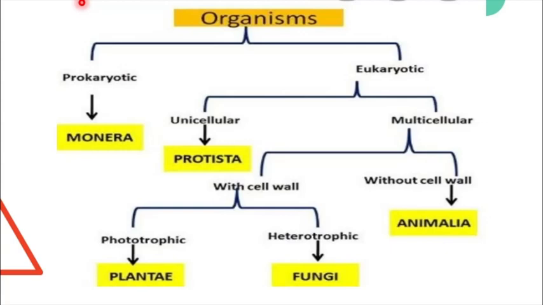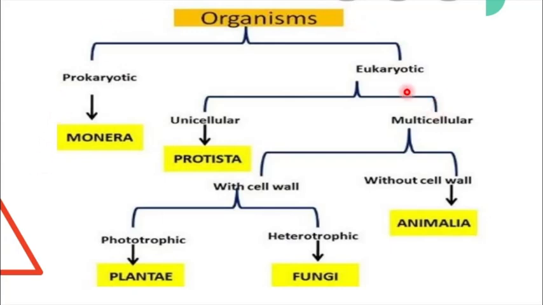Now what he did is he divided all the organisms into two first, that is prokaryotes and eukaryotes. Do you all know what prokaryotes are? Prokaryotes are the unicellular organisms which do not have a well-defined nuclear membrane. So all the organisms which do not have a well-defined nuclear membrane were included in the kingdom Monera. So this is the first kingdom, that is kingdom Monera. Which organisms are included in kingdom Monera? All the unicellular organisms, or you can say the prokaryotic organisms, which do not have a well-defined nuclear membrane.